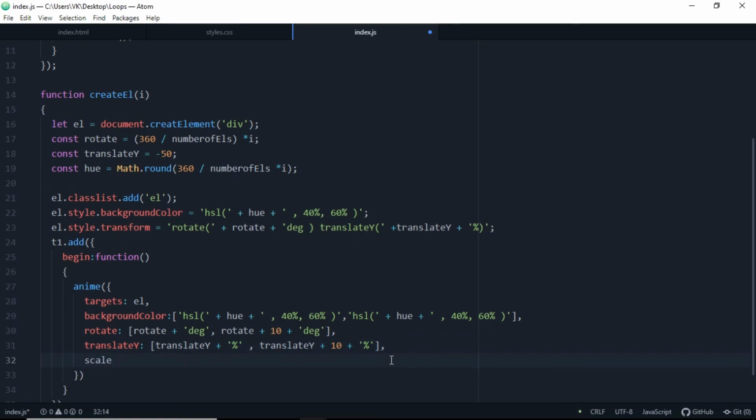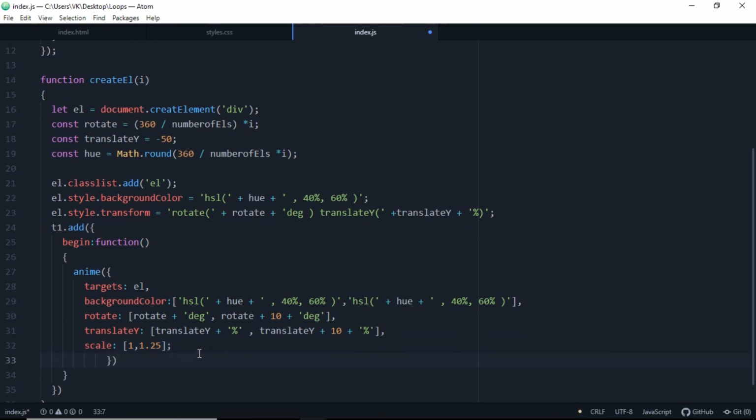So let's scale it, make it 1 and 1.25, not 1,25, make it 1 and 1.25 on the x and y axis. So hit enter, and we're going to do the easing here. So we're going to use the easeInOutSine property. Also remove that semicolon from there. We are going to use a comma. Use easeInOutSine.